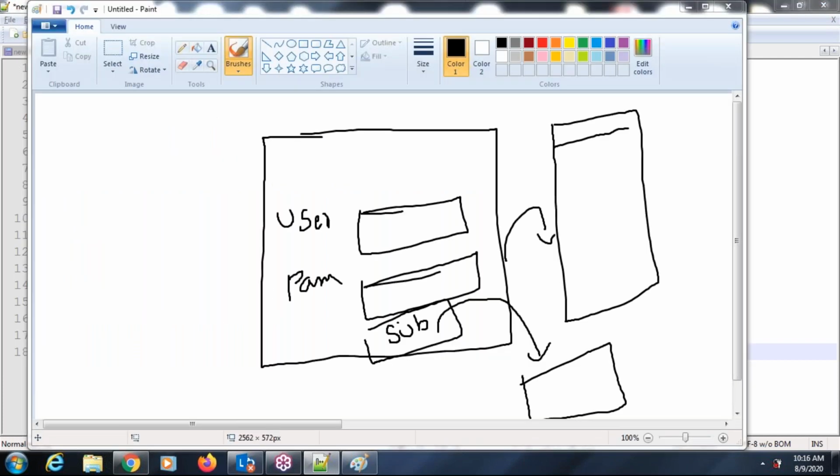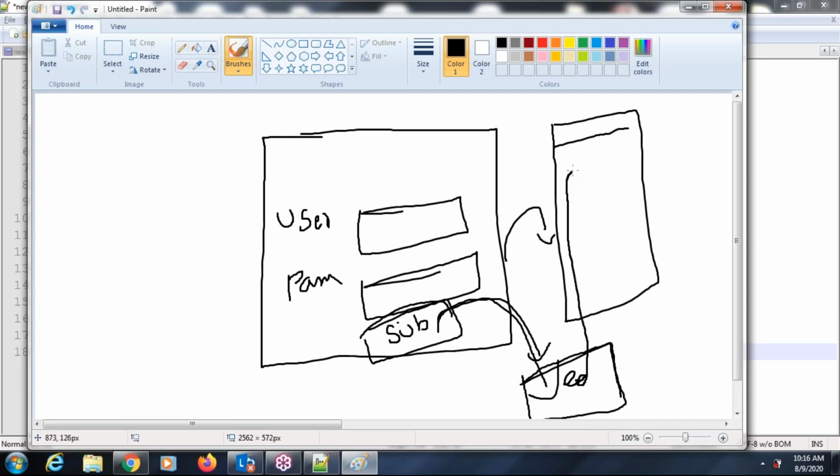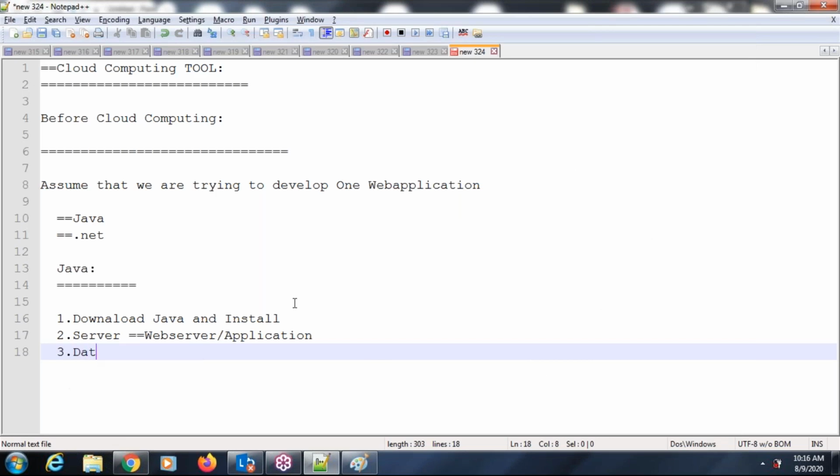third software is about how it will redirect into your home page. Once the user clicks on the submit button, it will go to the server. From the server, for the system to open your home page, somewhere we have to store the username and password. That somewhere is nothing but a database. So the third software we need is a database. A lot of databases are there.